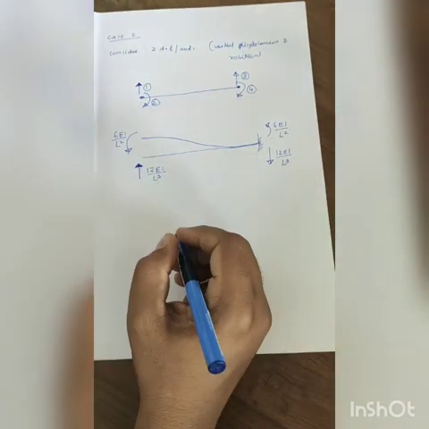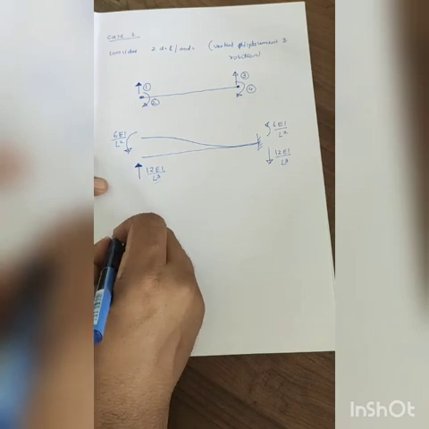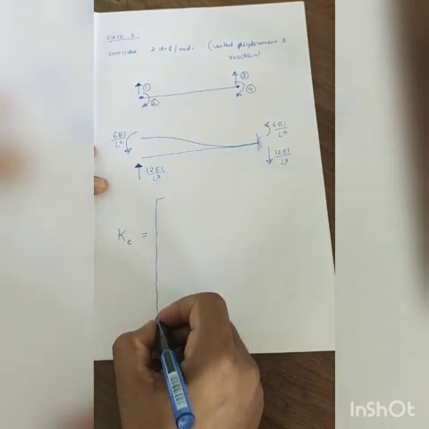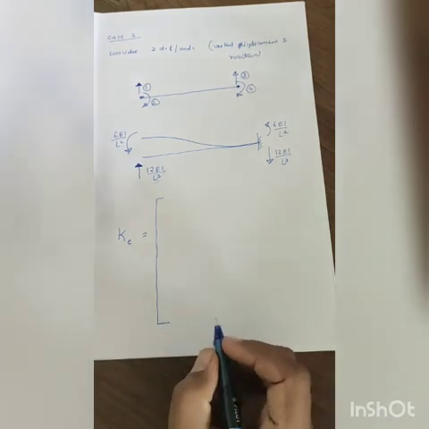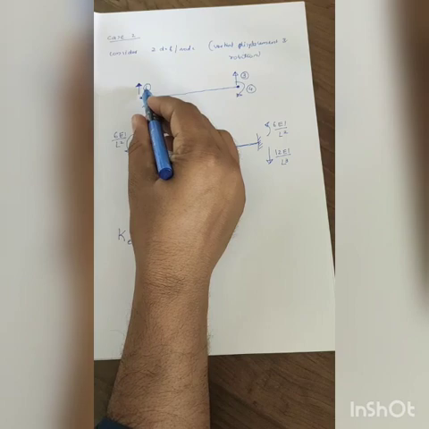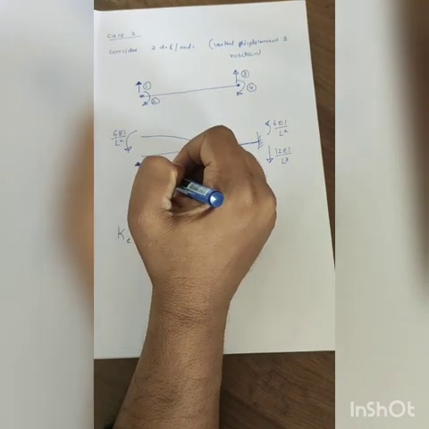So now we can write the K matrix. I am going to write the K matrix, KEI. The first column you can fix. So what is the first column? That is K11, the force at the first ordinate due to a unit displacement in the upward direction: 12EI/L cube.